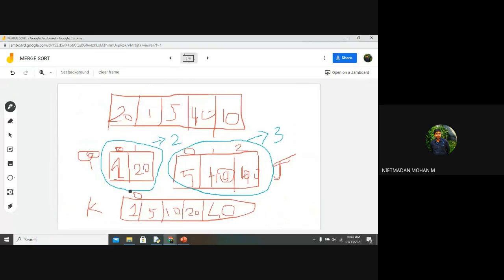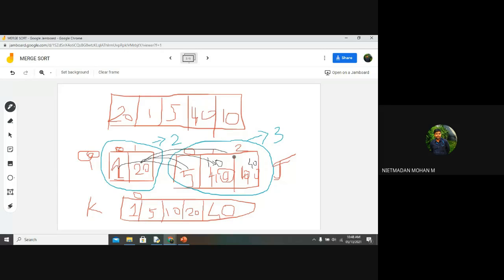So here you can see. In the final step, what we will check: 1 will be compared with 5, right? So 1 will be compared with 5, and 1 has been written. Then 20 will be compared with 5 and 5 has been written. Again, 20 will be compared with 10, and 10 has been written.